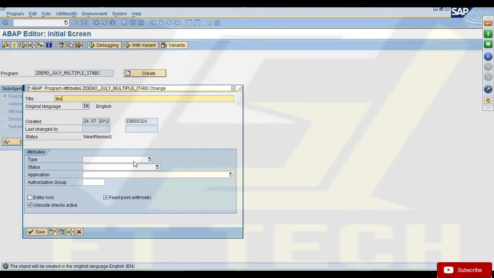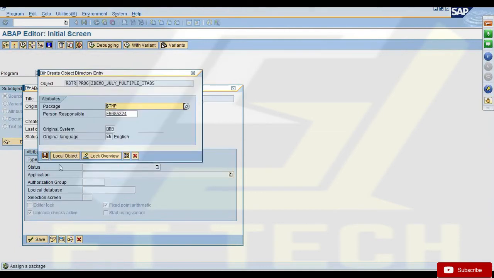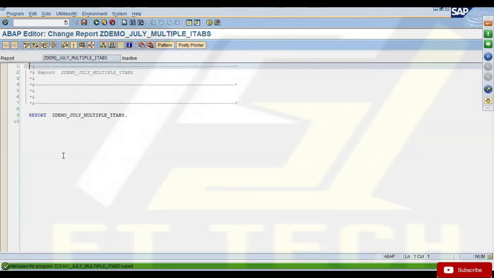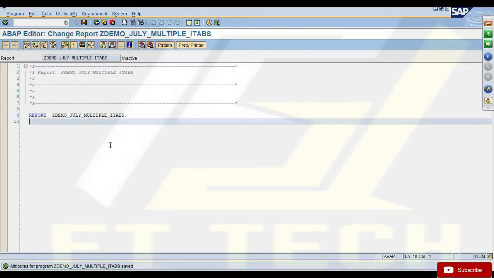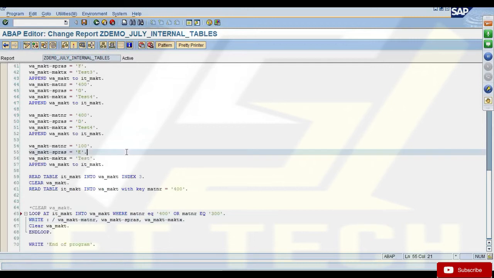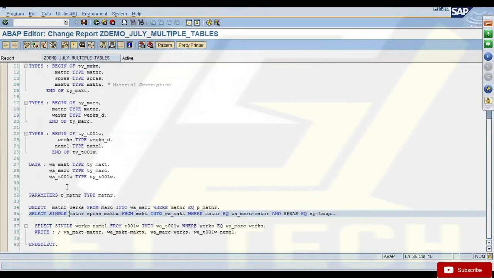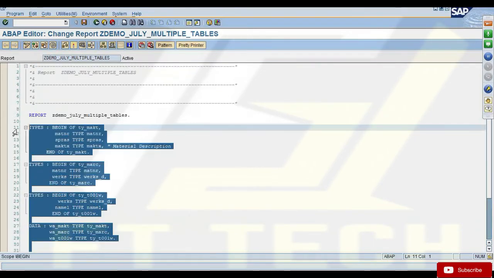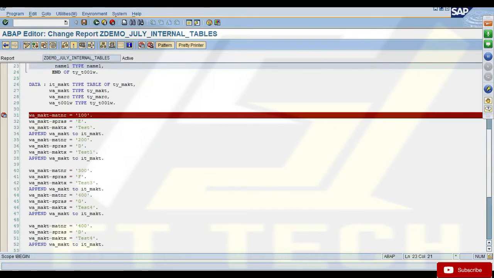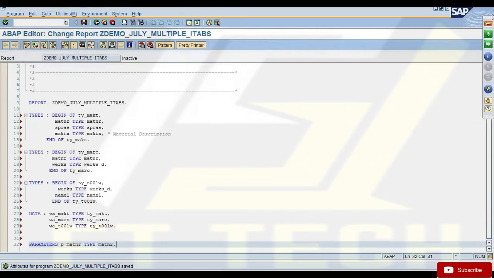Everyone should be comfortable with internal tables because this is the most important thing in ABAP. If you know how to work with internal tables, you know most of the things. But if you struggle with internal tables, then you'll struggle with a lot of things. So, would anyone like to help me with this program like yesterday? Instead of these selects within selects, I just want to use internal tables, because we've just seen that nested selects are not that great. So, anyone would like to help me?